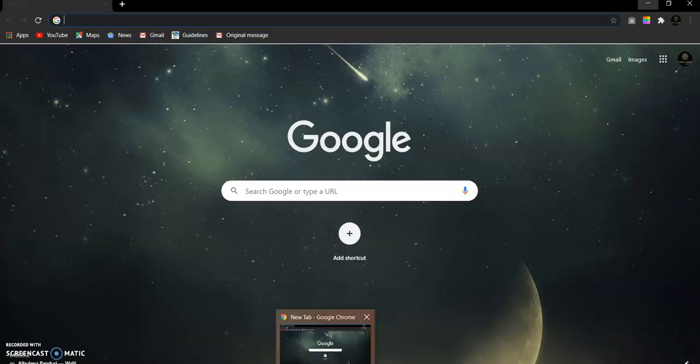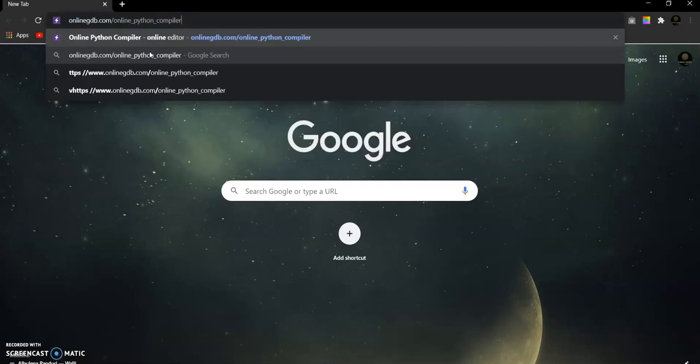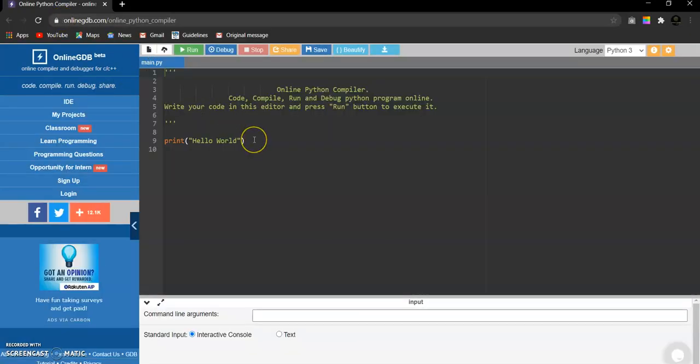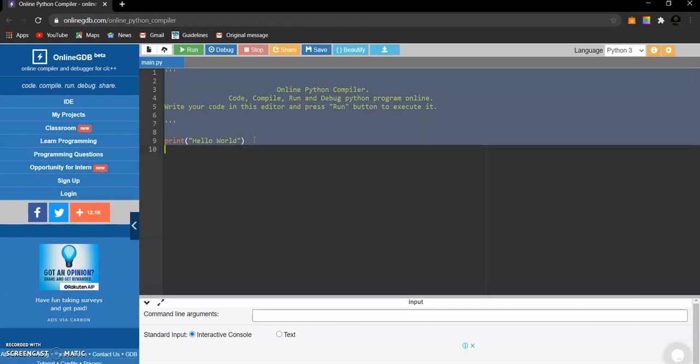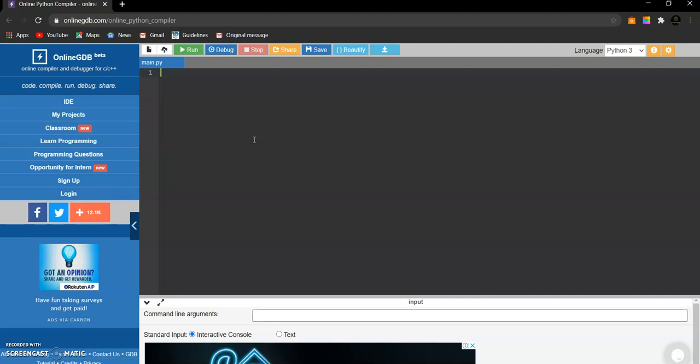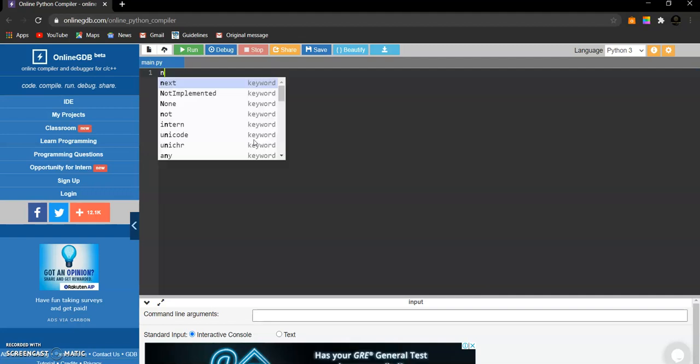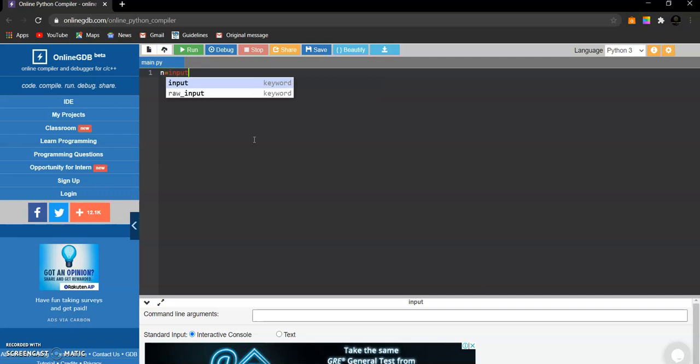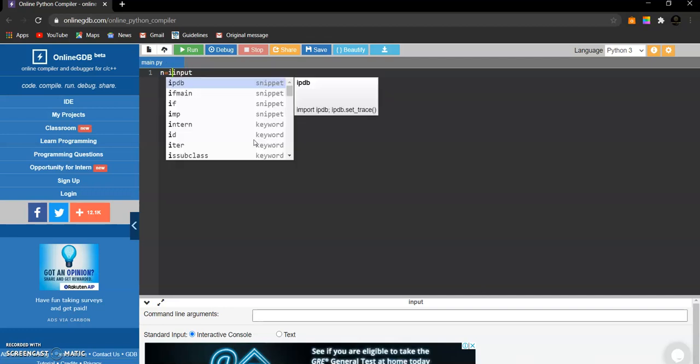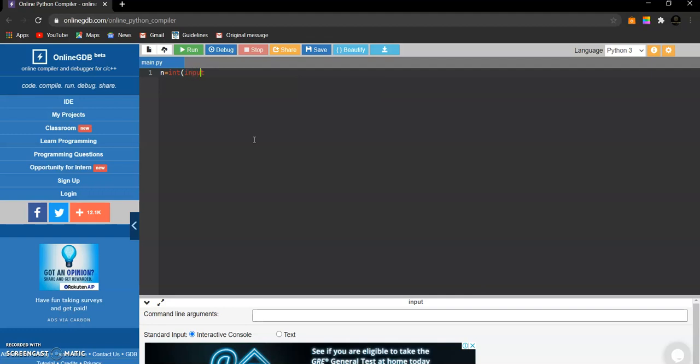Open any IDE or any online compiler. We'll perform this task using Python. Let's take an n value and pass this n value to a function where we'll write the code to obtain the digisum.